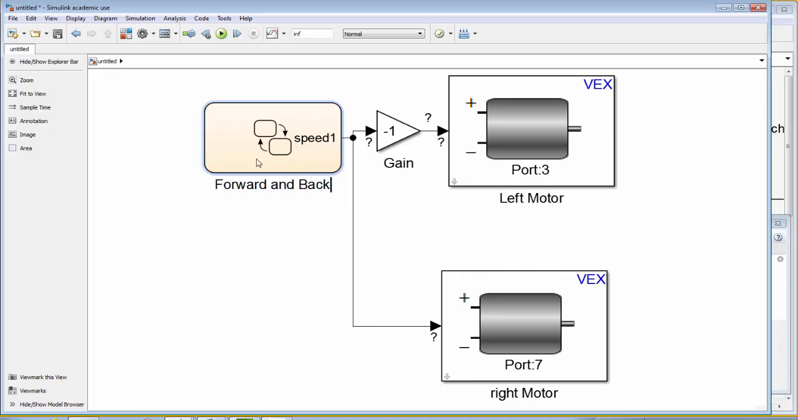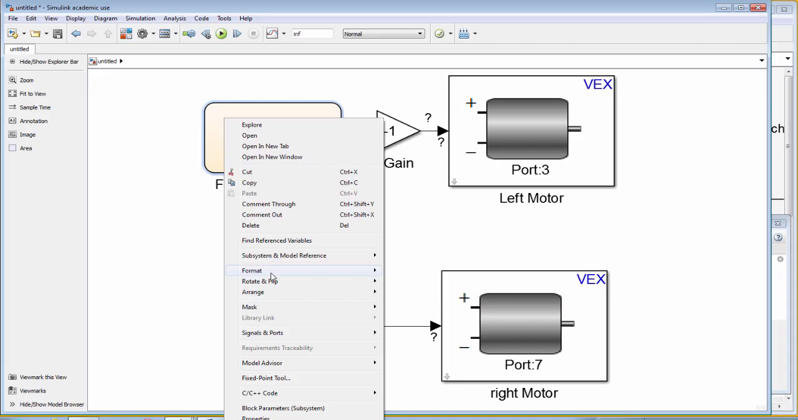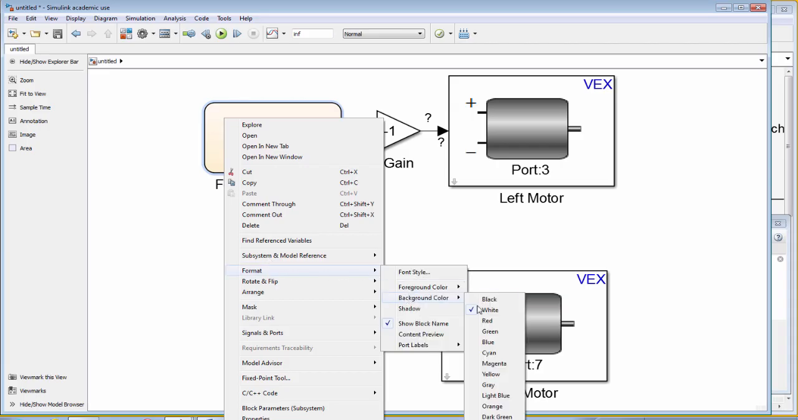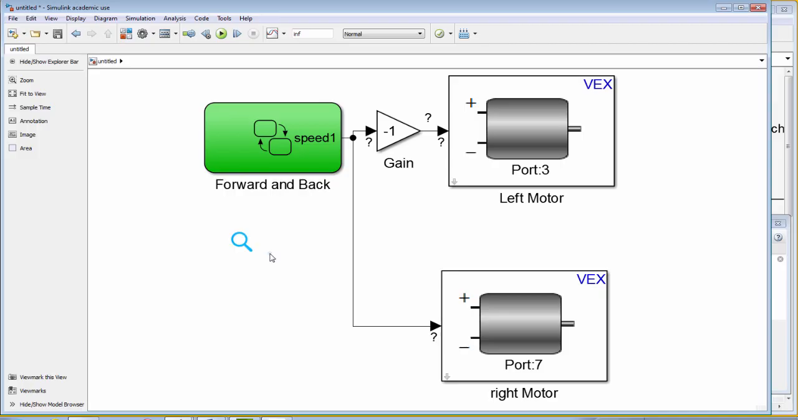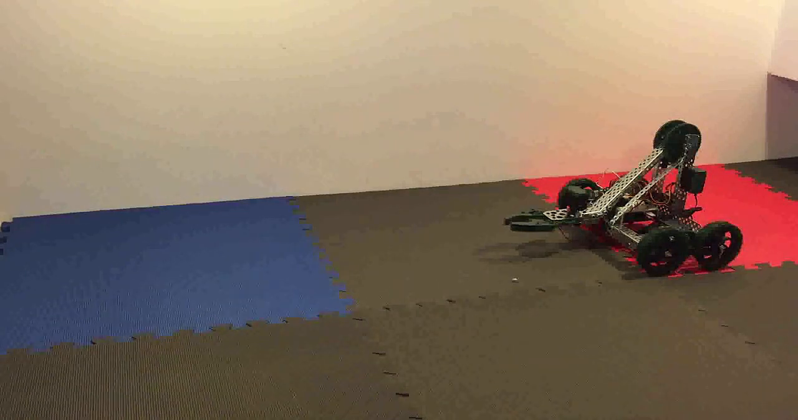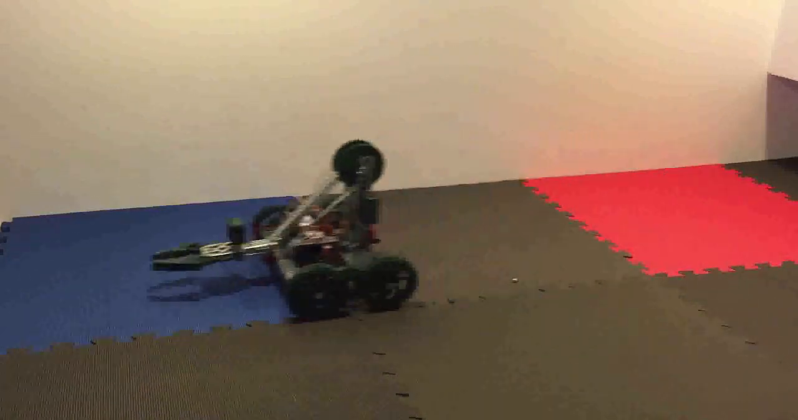Next, we can rename our state flow chart and change the background color. Finally, if we deploy our model to our robot, we can see our robot moving forward and